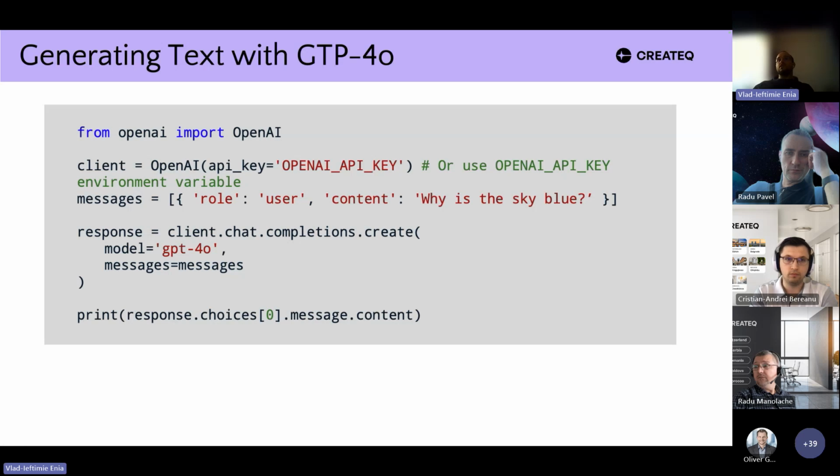This is the simplest example of generating text with the chat completions API. This is the industry standard API from OpenAI. One thing to remember about this API is that it is stateless, so it does not really remember the chat history or the context. You have to give that yourself. So you have to keep the state of the chat on your own machine, and then at each request, you have to send the whole chat back to the LLM in order for it to have a memory or context.